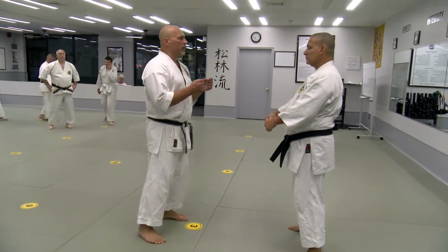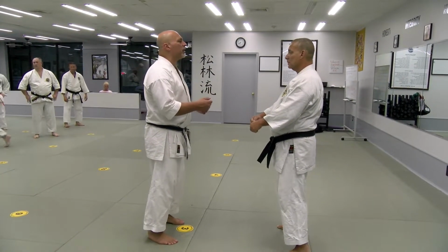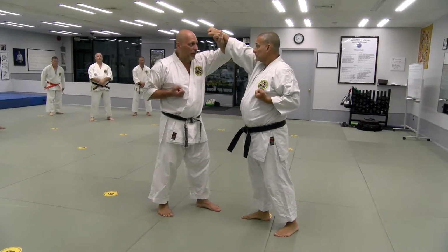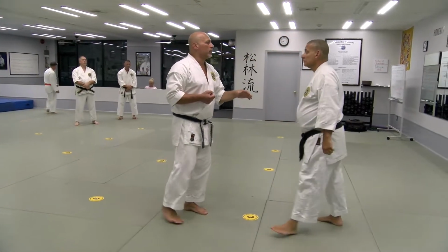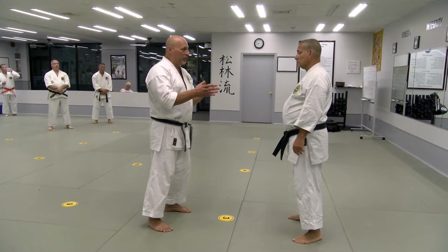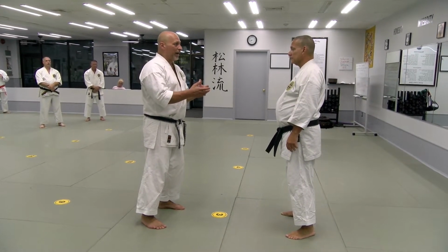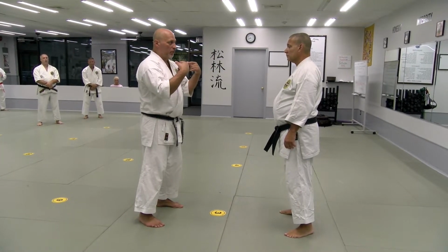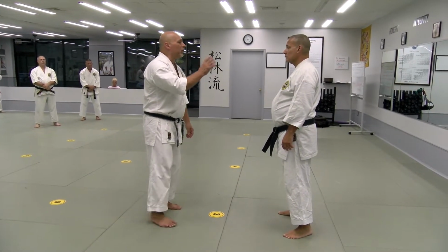So going back to the opening sequence where Sensei Rick steps in and I drop back and execute the head block, right? Realistically, we have to look at the technique and what type of position we want to try to establish. The goal is to always try to weaken your opponent, strengthen your position. So if I look at that